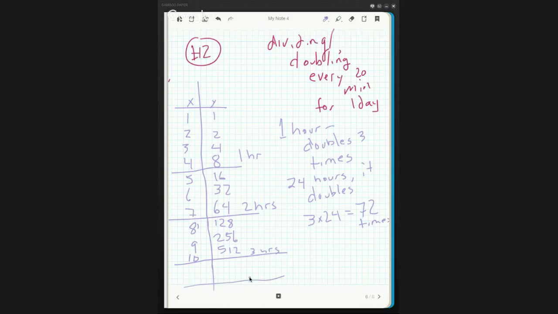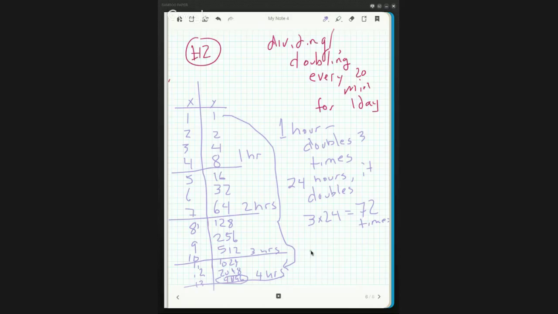And let's just keep going and see. 4 hours, this thing is getting ginormous. It goes to 1,024, 2,048, and then 4,096. So after just 4 hours, this thing's gone from 1 bacteria to 4,096. So the question is, if you kept doing this over and over, 72 total times, can this thing be